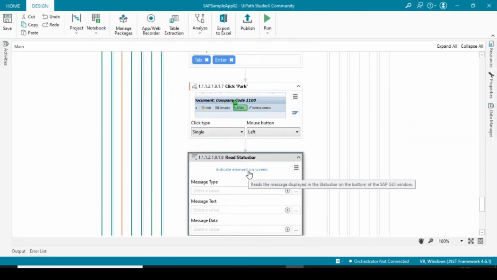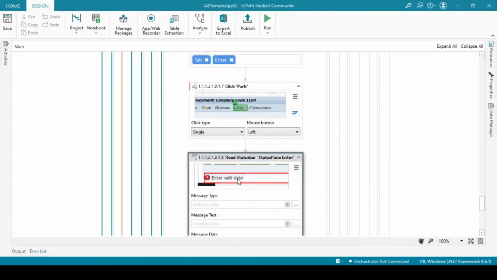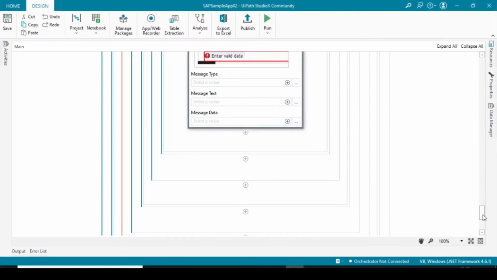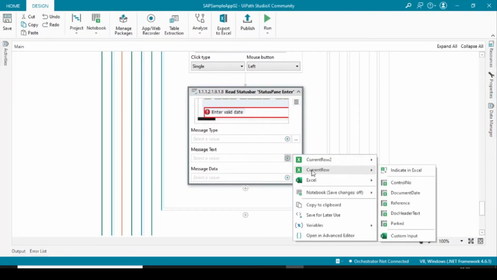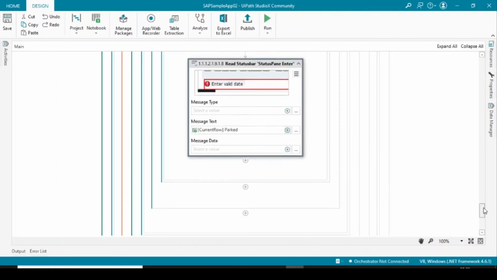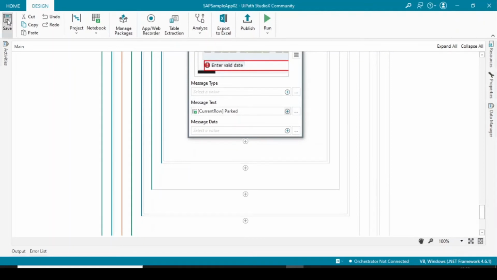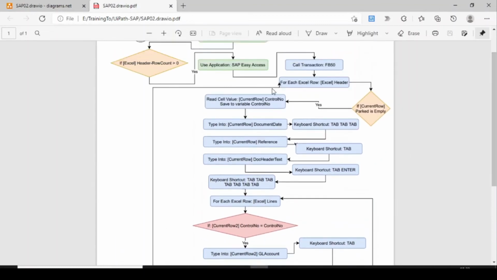And we indicate the element on this window on the screen, and this is the element. And now we want to put this information into the current row of the Excel header sheet. So we'll use the current row and then we'll select the parked column. In this way, we'll put the value captured from the status bar of SAP. And after completion of everything, every row of the header, every row of the lines, then we will click. You can see